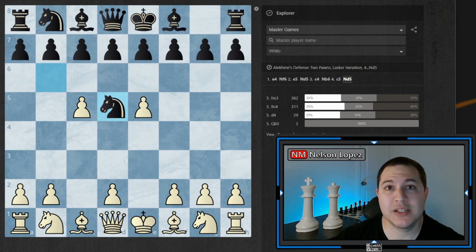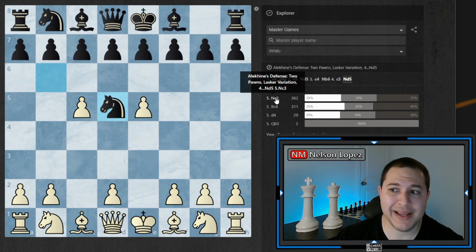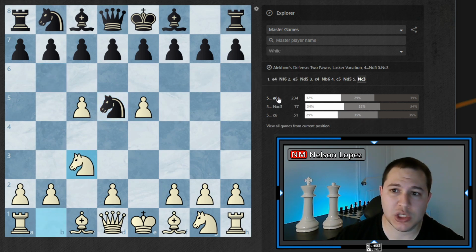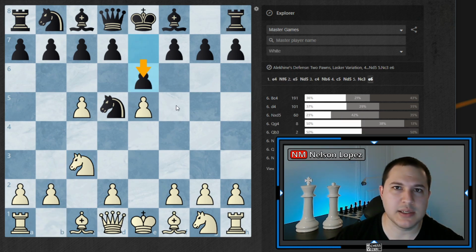Now, one thing that I do want to point out that's different about the book is that you will need to at least have a basic idea of chess notation. So when I'm going through this opening explorer, even if I don't know what knight c3 means, I can just click it and see, oh, that's knight c3. Okay, e6. I don't know what e6 means. I can click it and, oh, that's e6. So that's one advantage. If you have no idea what notation is, the opening explorer would be a better choice